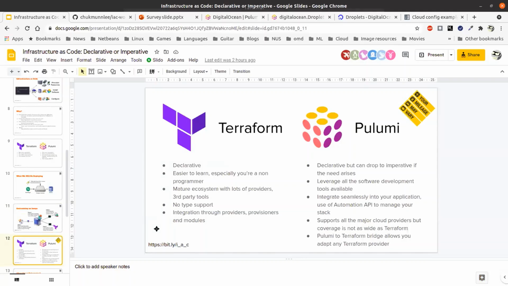So we have always come to the end of the presentation. So let's do a quick comparison between the two, Terraform and Pulumi. What we notice is that in Terraform, again, this is based on my personal judgment or my personal experience with it, right? So Terraform is declarative. Basically, you just say, I want this resource, I want this resource, I want this resource. Terraform will sort of plan all that for you, right?